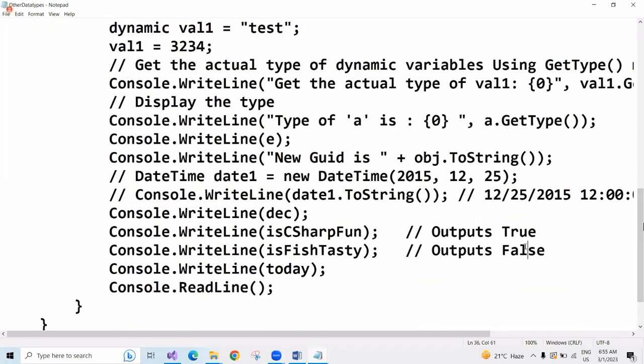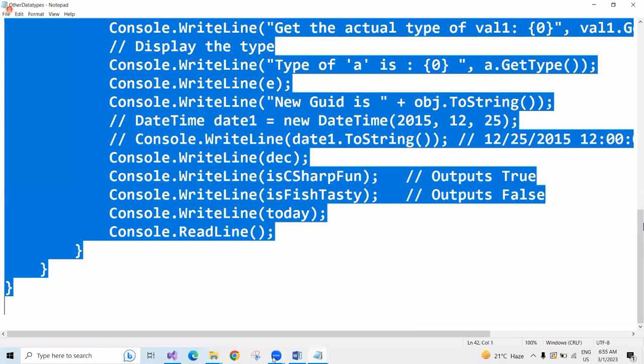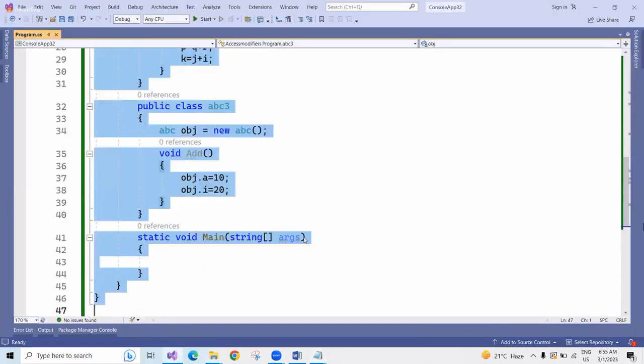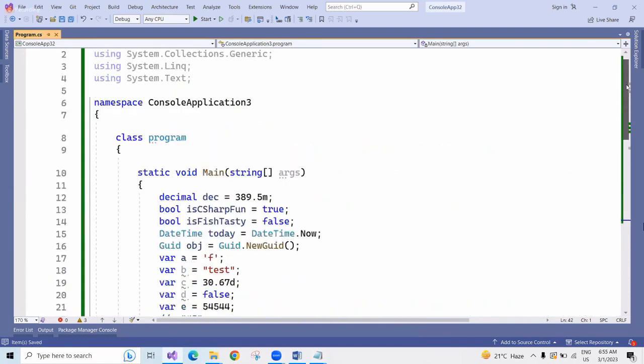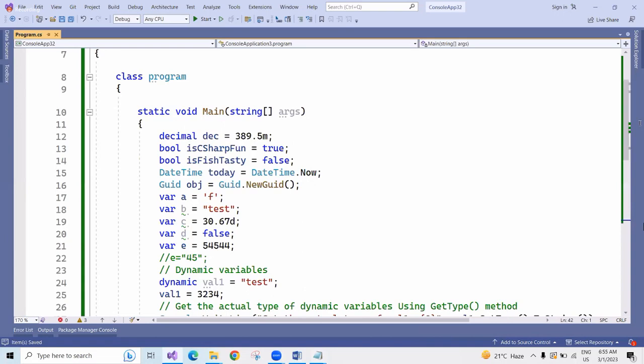Okay. So in C# we have a few more data types available. This is for real time purpose that I'm giving. Just try it. So we have decimal. If you want to keep a variable as decimal,